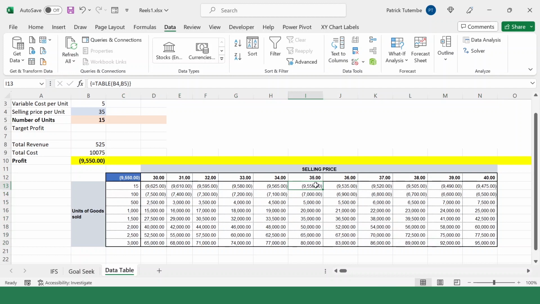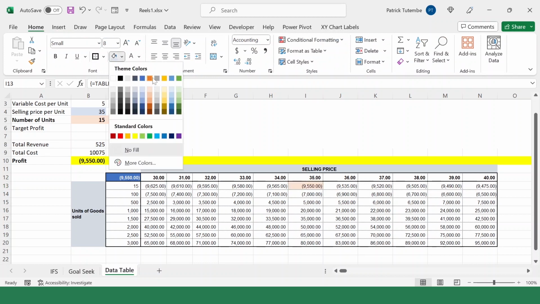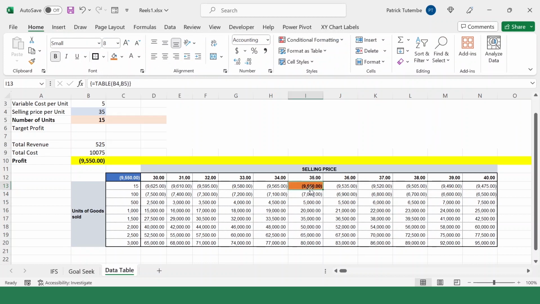For example, check here. This cell intersection of that price of 35 and the units of 15 is actually what we have here. So it actually means that if you only sold 15 units at a price of 35, you'll be in a loss of 9,550 currency units. Let's highlight it for you to be able to mark where it is and how it links